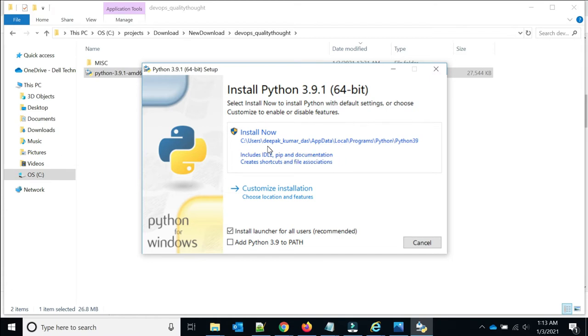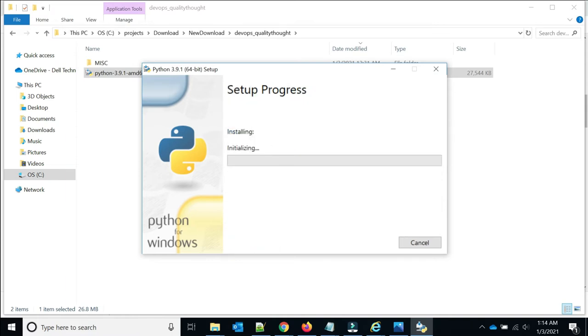If you want it to be installed in a different location, then you can choose this option, customize installation, but I would prefer to install in the default path and click this one, add Python 3.9 to path. Now click on install now, click yes. This is a very simple installation process.